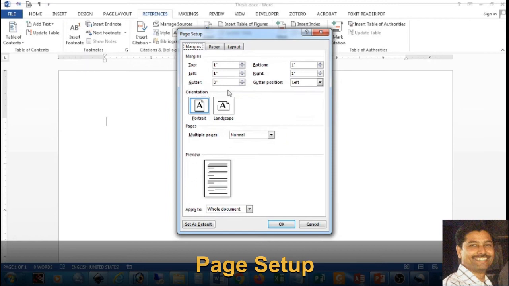Now go to margins. As in my previous slides I have told you to give 0.8 inches at the top, 0.8 inches at the bottom, 0.8 inches at the left, and 0.8 inches at the right. And in the gutter, that is the glue position, we may give 4 or 5. Let me give 4. Whenever I move from here, you will find dotted lines coming. So let me increase the size to 5. Now see, this area is the gutter area. This will be reserved for binding or gluing the book. Now press OK.